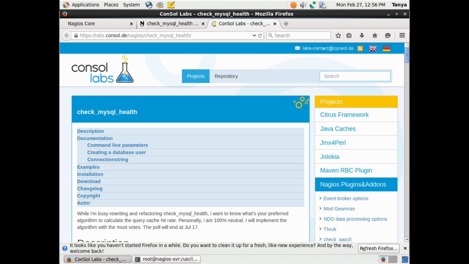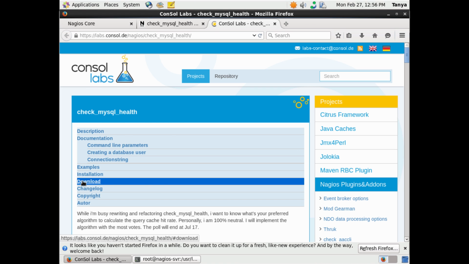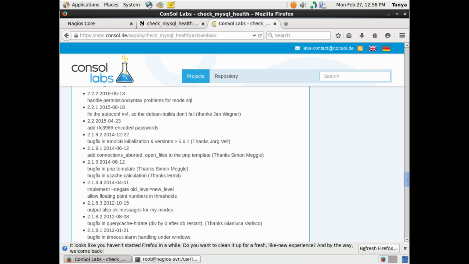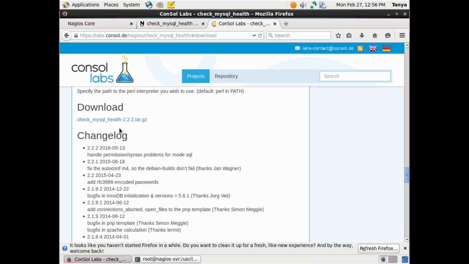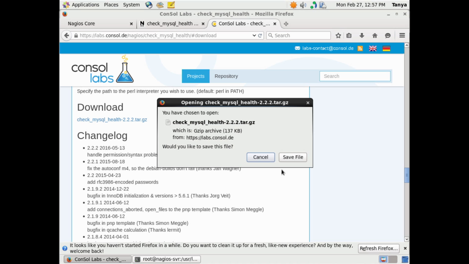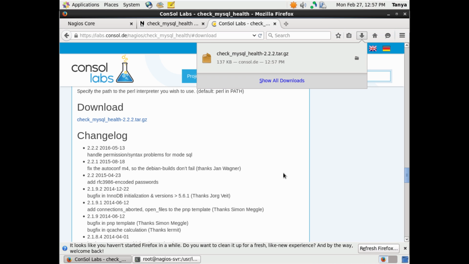We're going to click on download, and we're going to download the latest version. You can also use wget to download this, and I'll put those in the notes. I'm just going to click on this and download our source code. To run this, just be aware it does require some system libraries and a Perl module, so I'll have some notes on that. If you encounter any sort of error, you should have the MySQL server installed, even if you don't have it running, because I believe it needs some libraries. It also needs a Perl module,